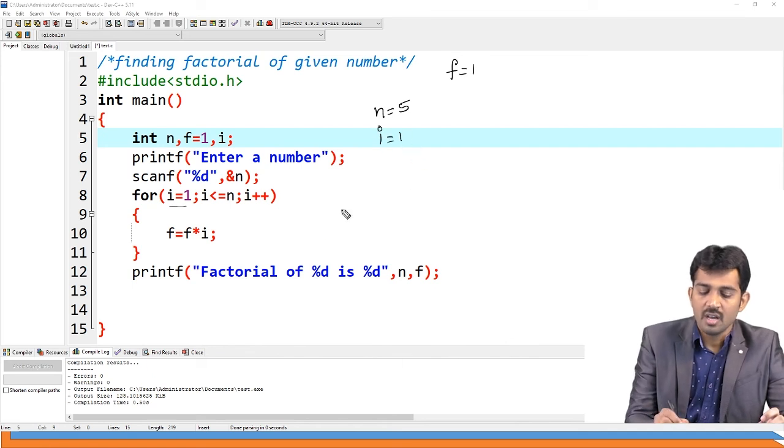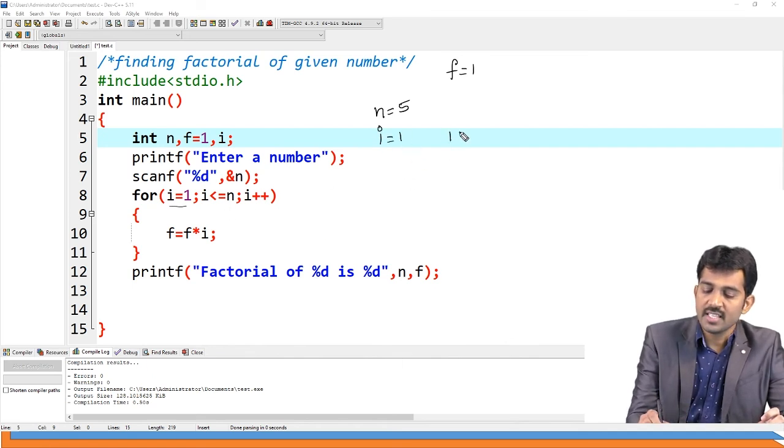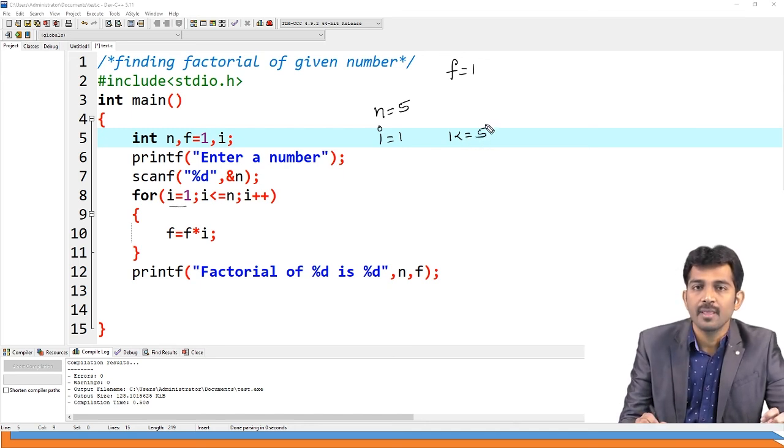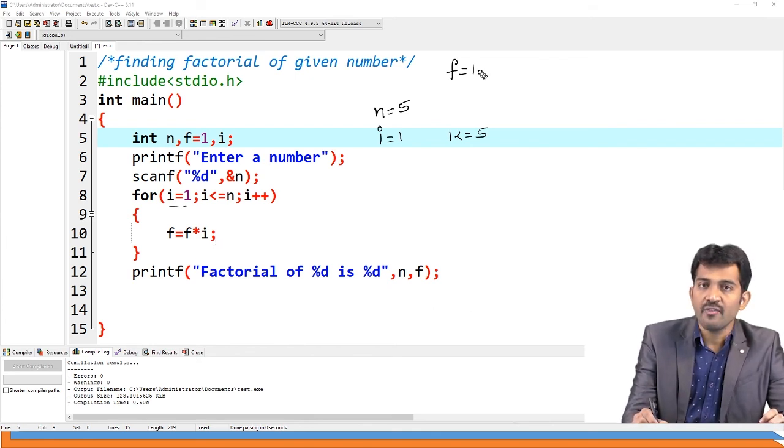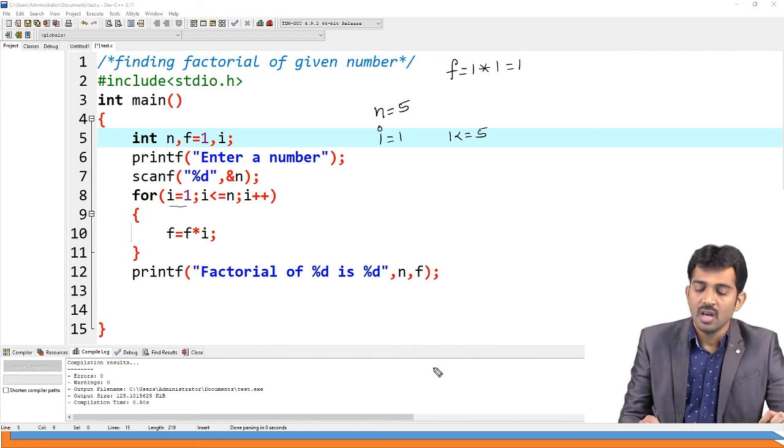I value is 1, and next 1 is less than or equal to 5. Condition true, right? When the condition is true, f equal to f into i. F equal to 1 into i, and i value is also 1.